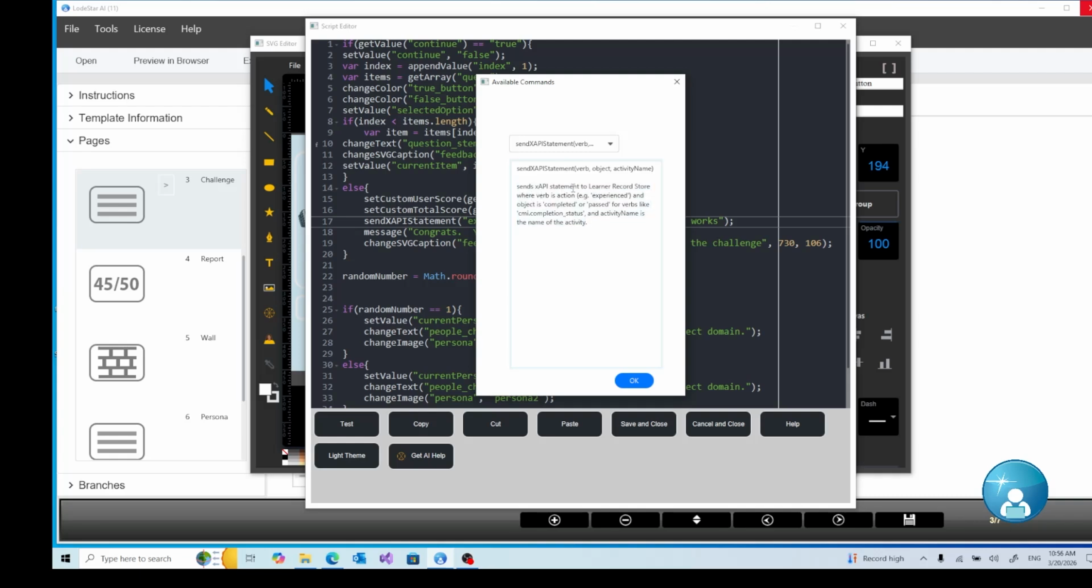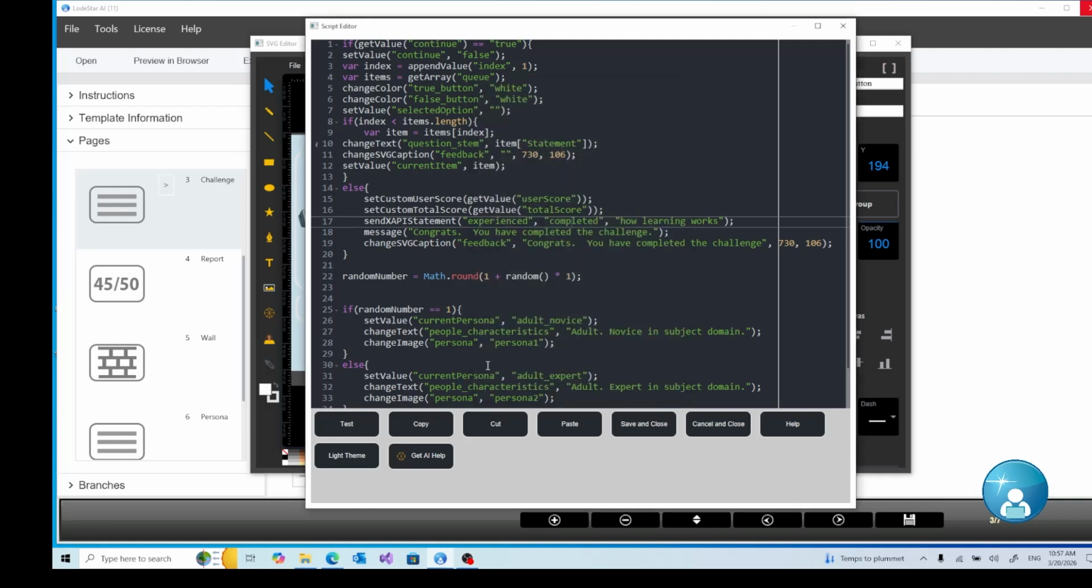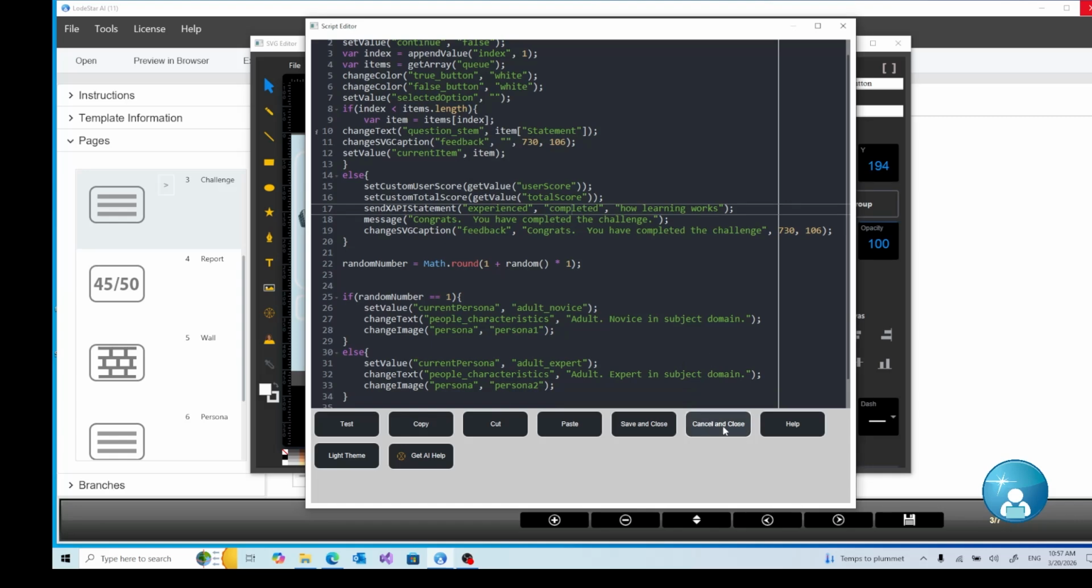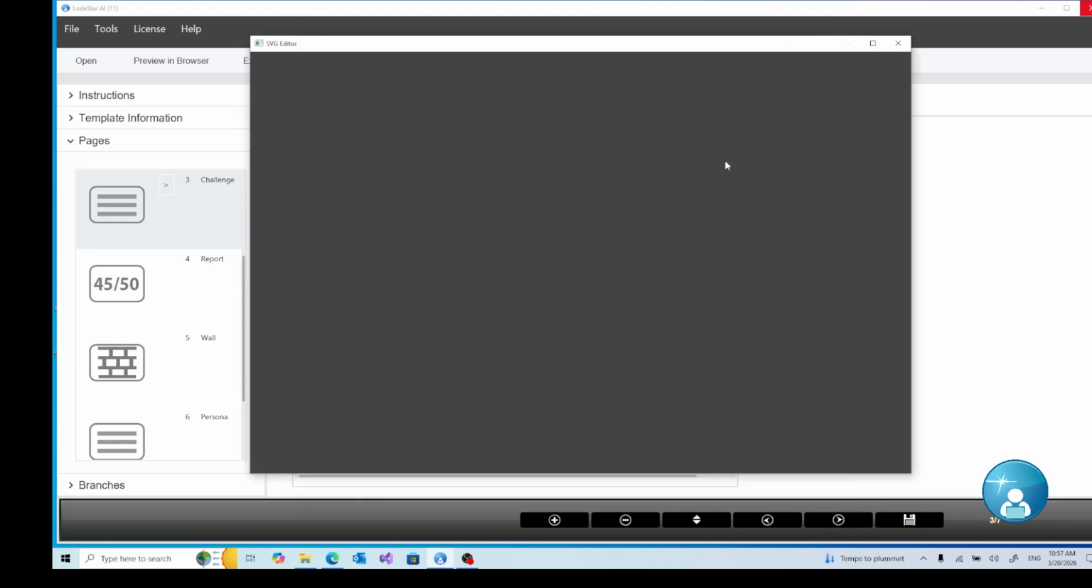It sends the XAPI statement to a learner record store where the verb will be experienced and the object in this case is completed. And then we have the activity name, which we've talked about. So essentially I could sprinkle these send XAPI statements throughout my code to capture the user experience. But one caveat for all of that,